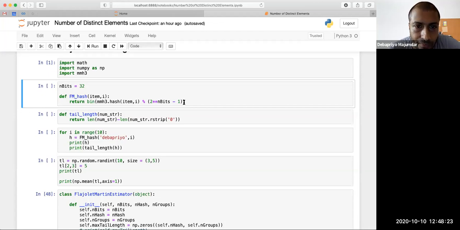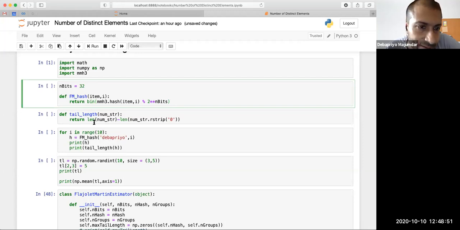Actually it can be just 2 to the power n bits; I don't really need the minus 1 here. If n bits is 32, the bin function essentially converts it to binary. Let's test it with some strings and see how it works.